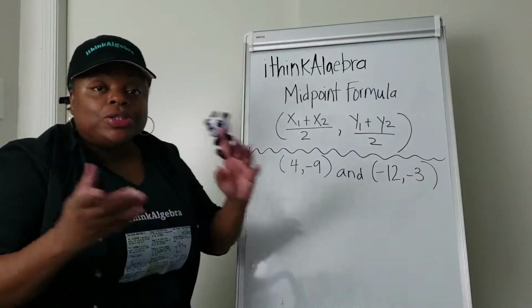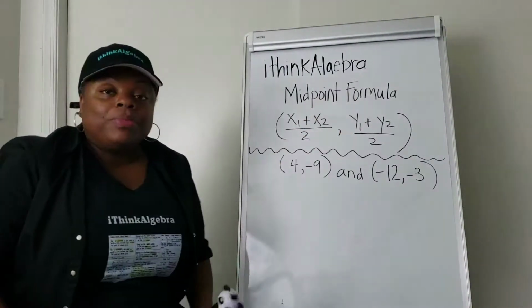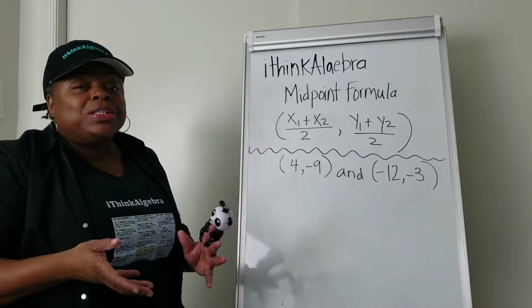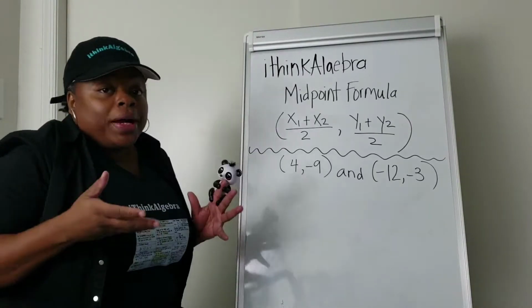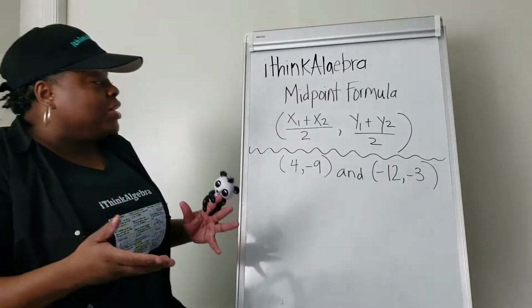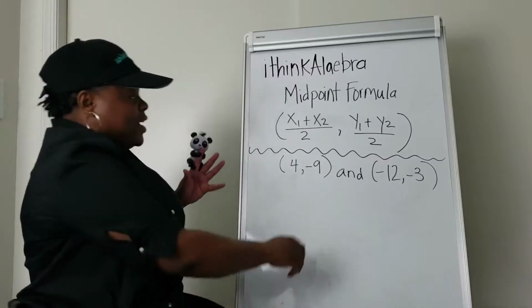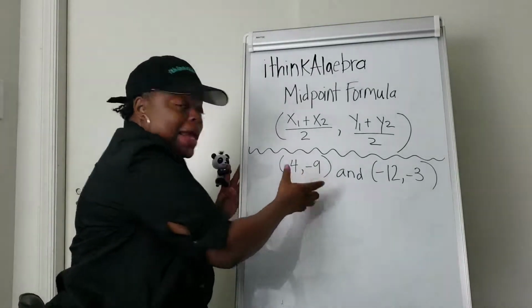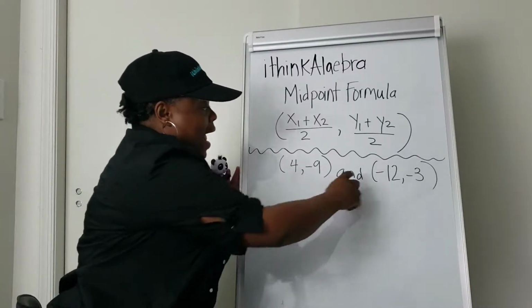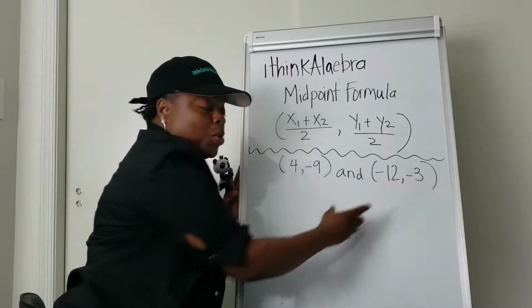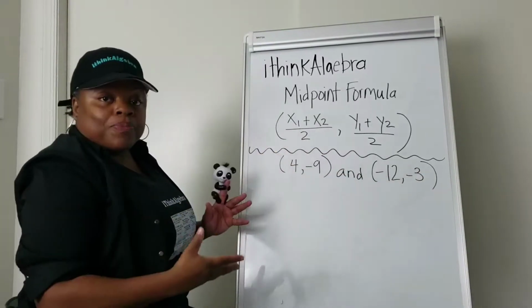So, we was talking about the midpoint formula. Sometimes we want to know the middle point between 2 points. So, we have 2 points on the graph. Say we had 4 and -9, and -12 and -3. We want to know the middle point that's